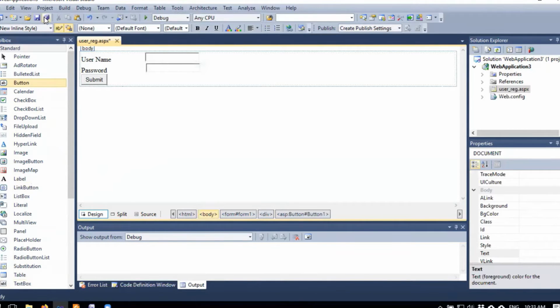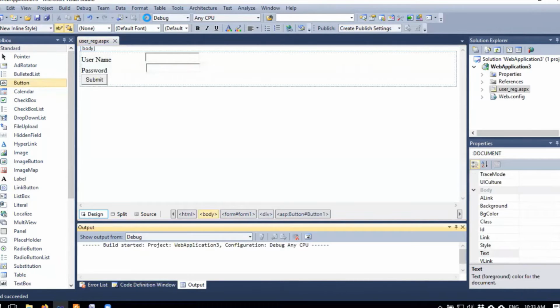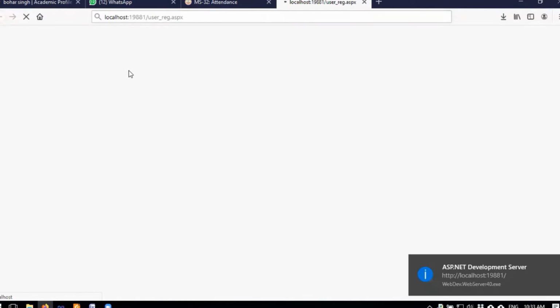Now save, click this arrow to run. This is a username, password and submit.